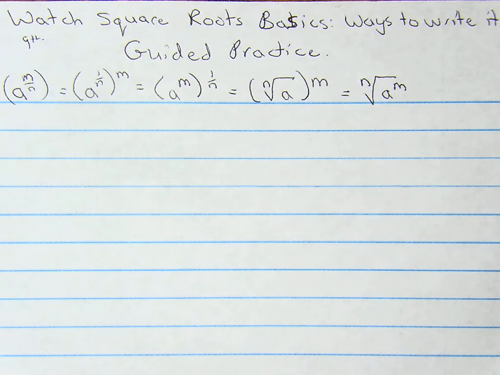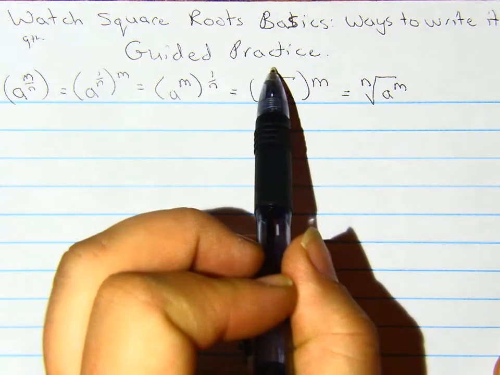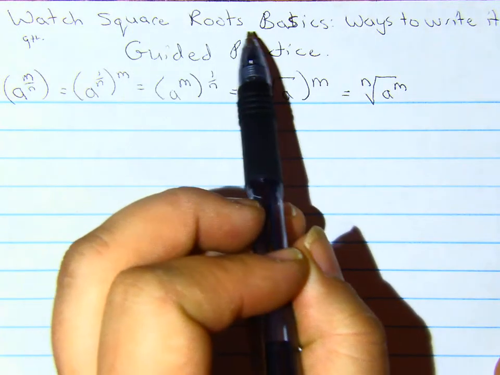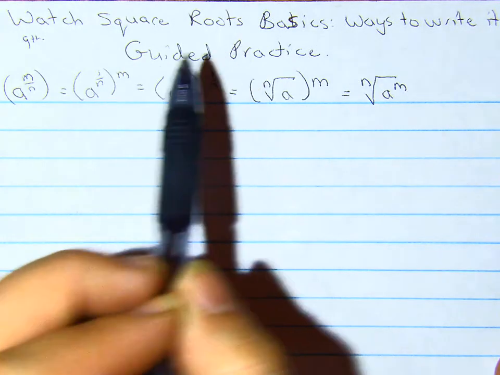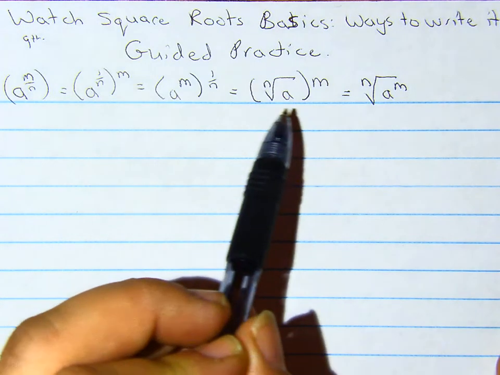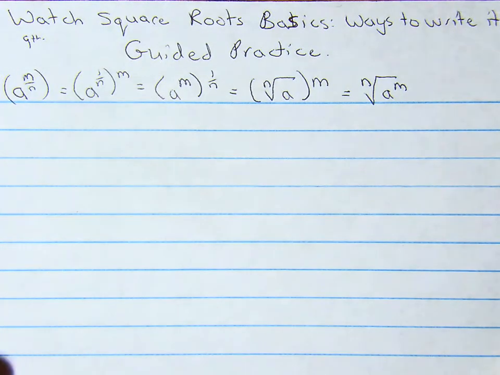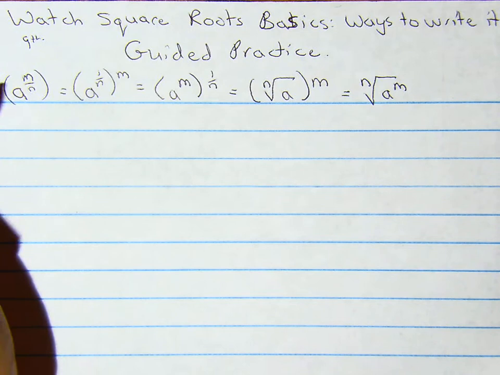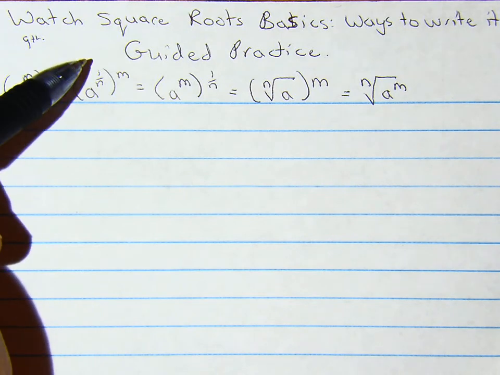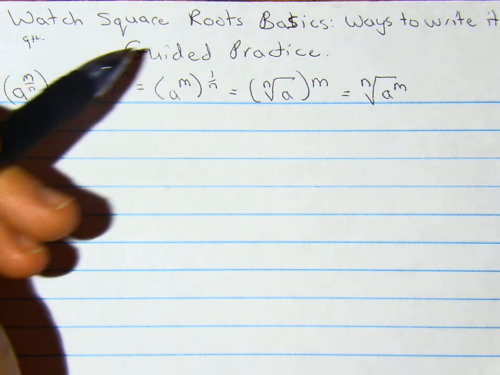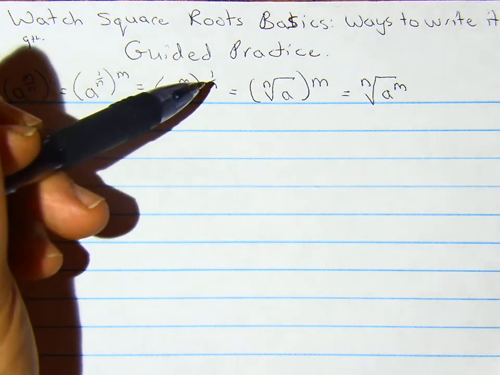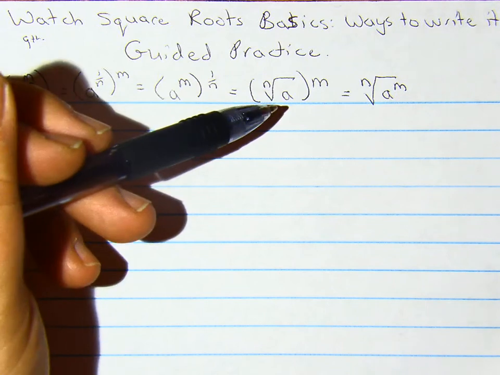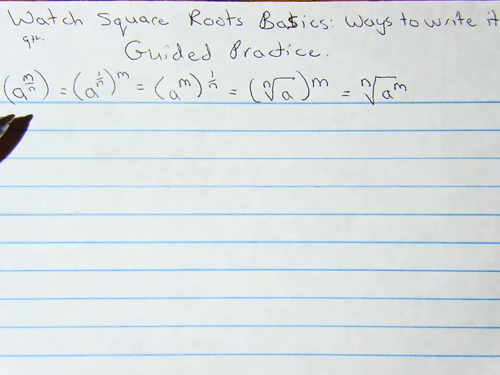Right, so in this video we are doing a guided practice for the square roots basic video, ways to write it. If you haven't watched that, make sure you watch that video. I did copy down some of the key components from it that we're going to be using for this guided practice. What we have up here are the different ways to write the same exact exponents or radicals. Whether the m is here and you have your fraction as an exponent, these all mean the same thing,